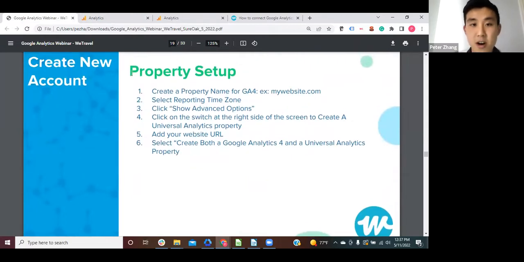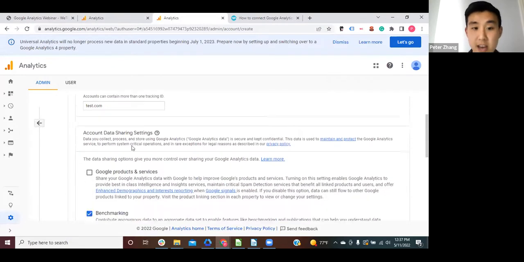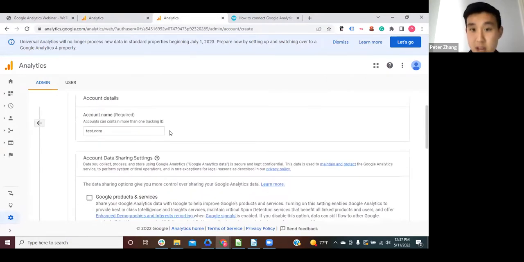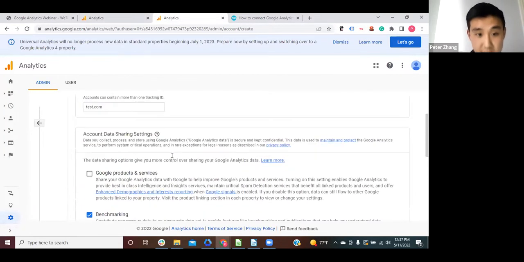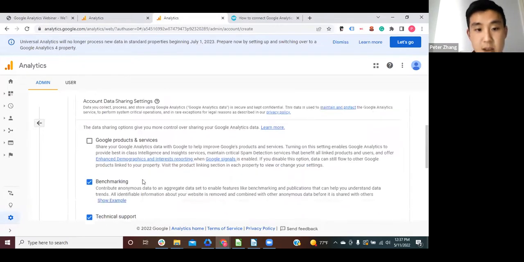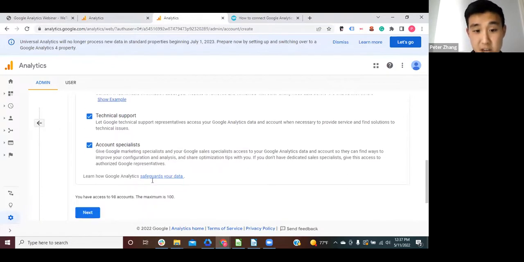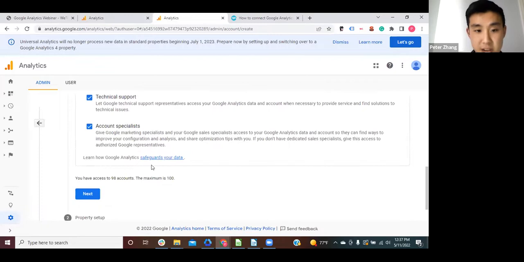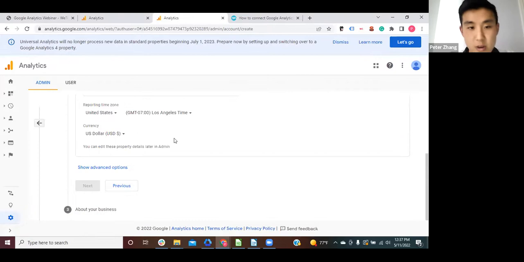So both Universal and Google Analytics 4 have properties, and that's just how they organize the actual structure, so you can go between each one. And so when you're setting up a new account now, it will automatically set up for Google Analytics 4. So this is a Google Analytics 4 property. Well, actually, we have to enter our domain, and then you can check off some of these extra services. You don't even have to check off any of them if you want to not share data with them, but it's up to you to look into how much you want to share or what notification you want to get.